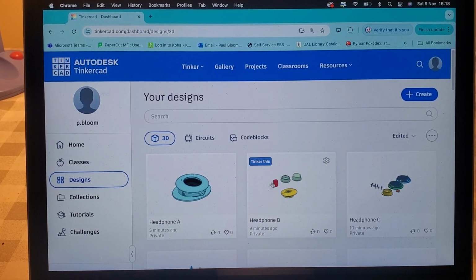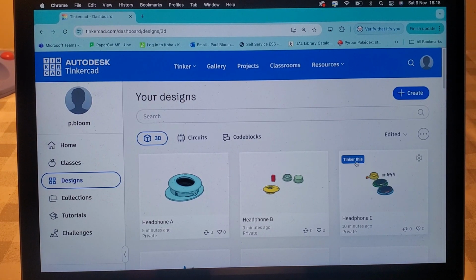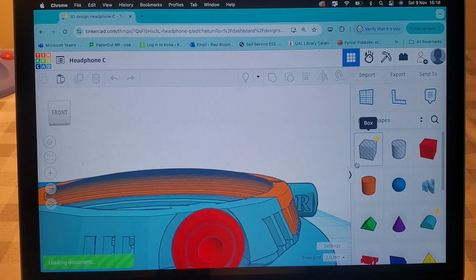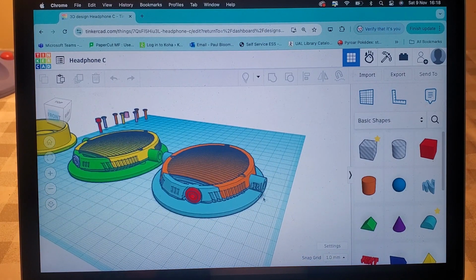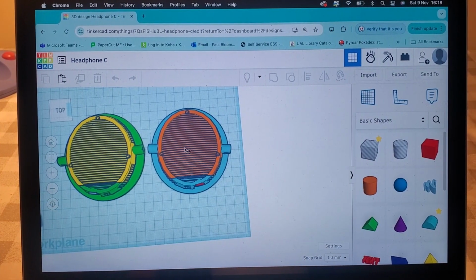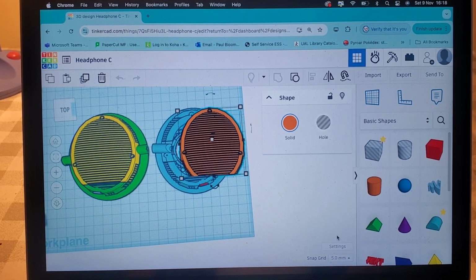So if I go into Tinkercad here, this is the program I'm using to design my objects to print. The version that I've already talked about is this one. So that was quite a neat load there. You could see how the different components went into building this. But anyway, as you can see, this is the right hand side, right hand cup. This is a design for an open backed headphone. So if I click on this, there you go. And then if I move this out the way, the grill, you can see how